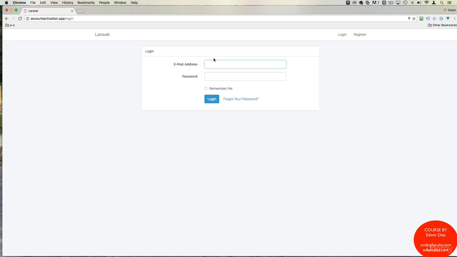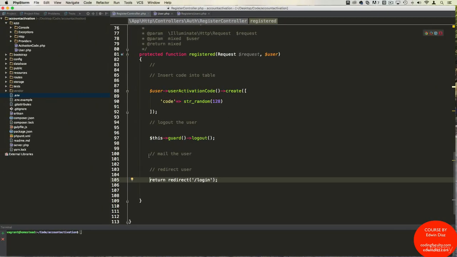We need to let the user know that we're going to mail them a code. Remember that the next step would be to mail the user, and we need to let them know that we are going to be sending them an email. So okay, but anyway,